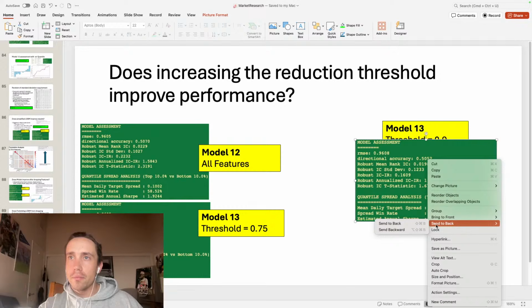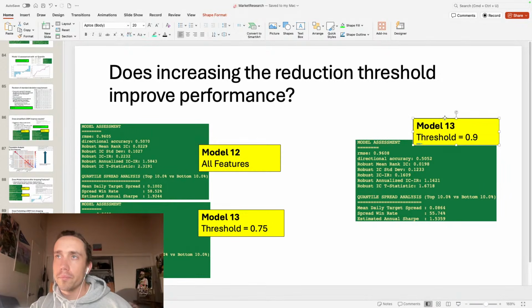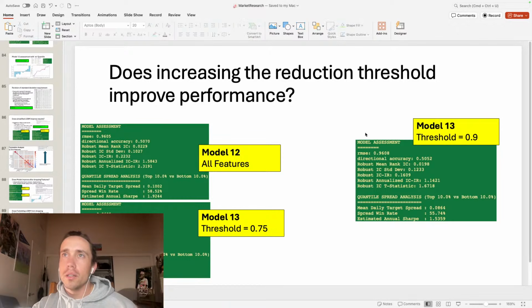Send to back. Alright. I see 0.019. Oh man, this is the worst so far. Robust IC. Alright, so next I'm gonna say